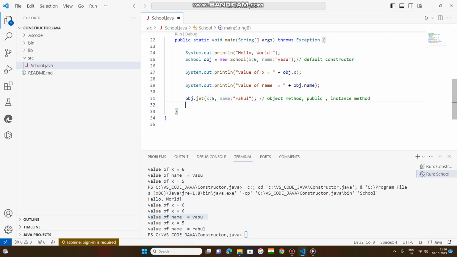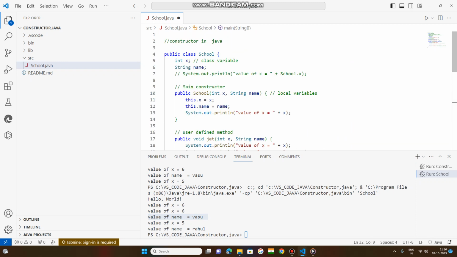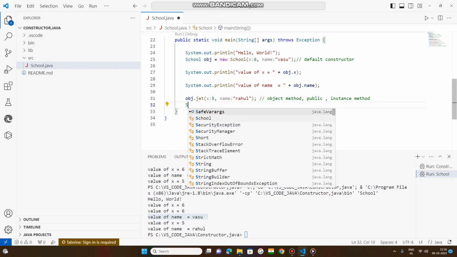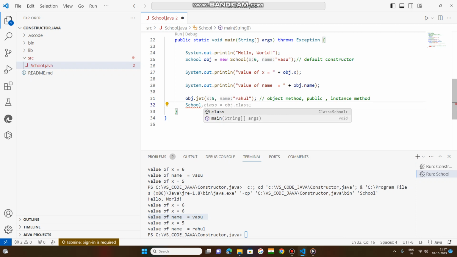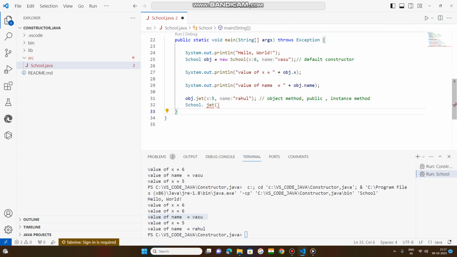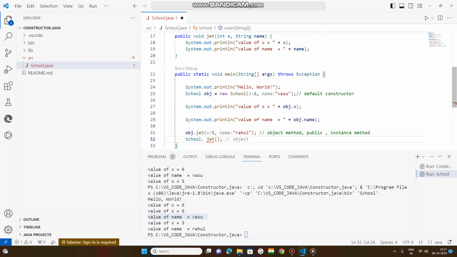The question is whether that method can be called with the class name, as a static method. What is your class name? School. Let us try to call it. Is it possible? Called with the class name: School dot jet. Then simply call that method. Terminate with the semicolon, that is very important, but it is giving an error because